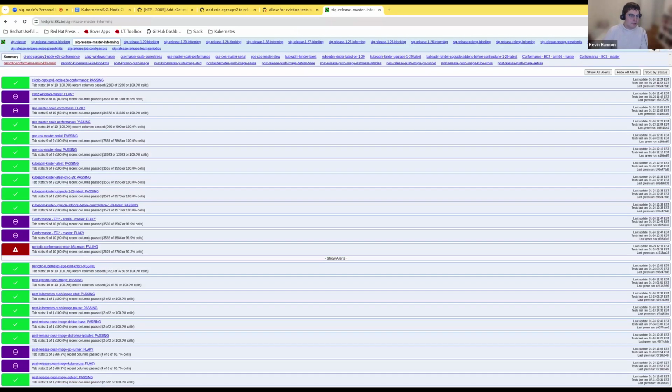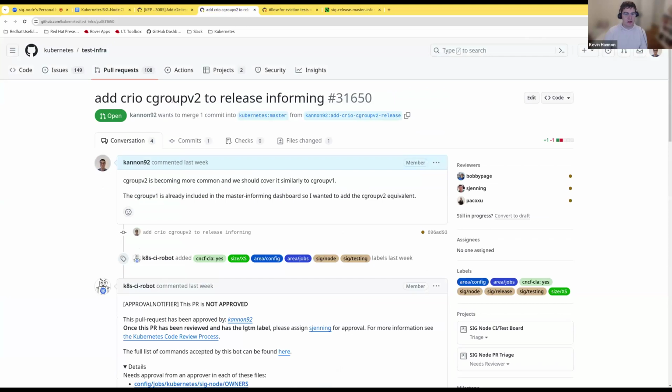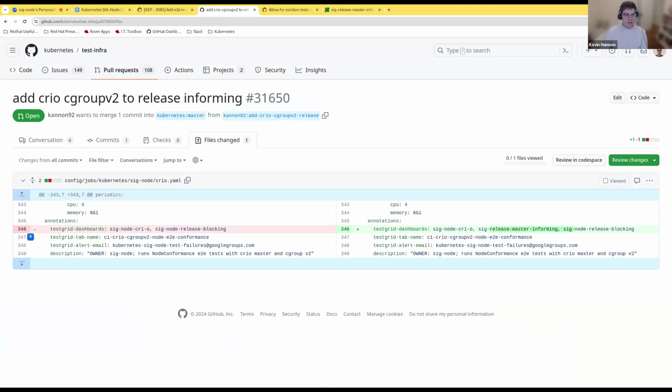So we actually have this, which is for a cri-o job. It's cgroup v1 node e2e conformance. I am trying to push up to SIG release whether or not we could add a corresponding cgroups v2 for cri-o. The change is essentially adding this to the dashboard. I've been trying to get SIG release to weigh in on whether or not this is allowed, but I was just thinking, while we're trying to move some of our stuff to cgroups v2, it'd be nice to have the corresponding cri-o job also in the